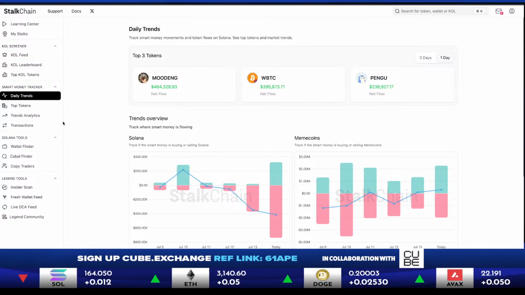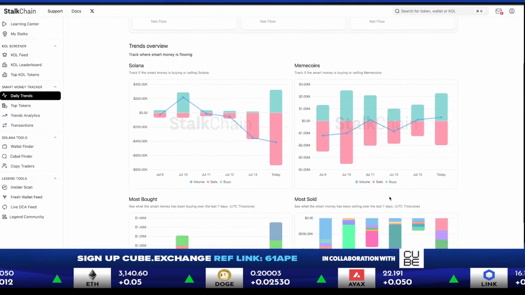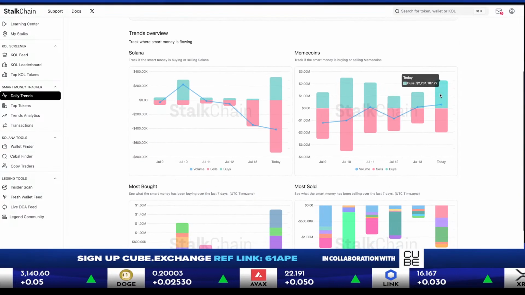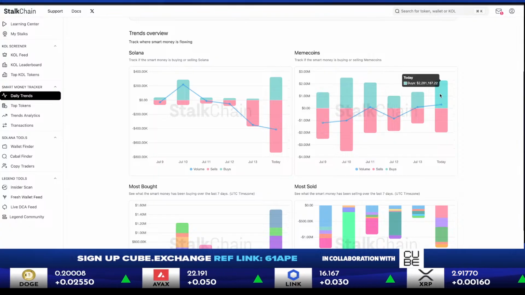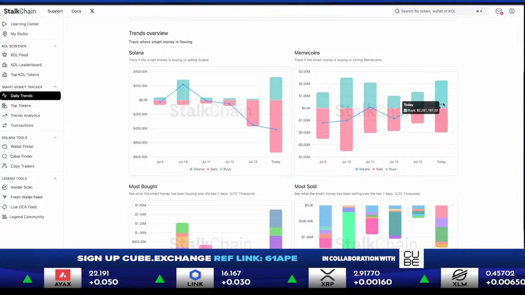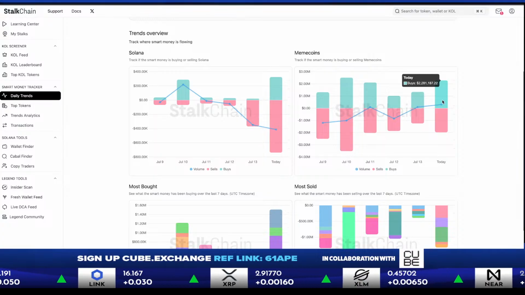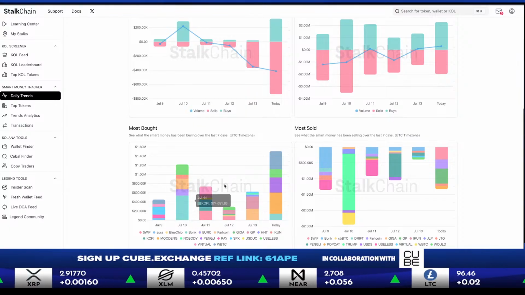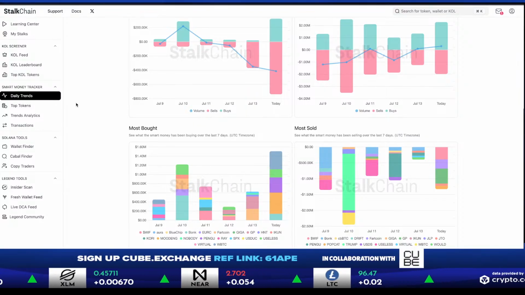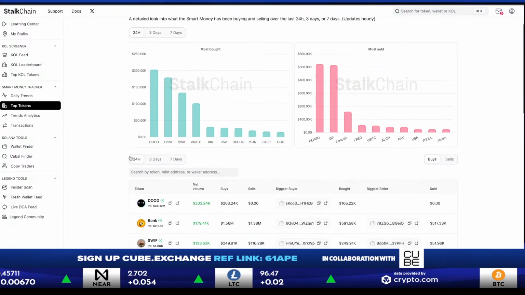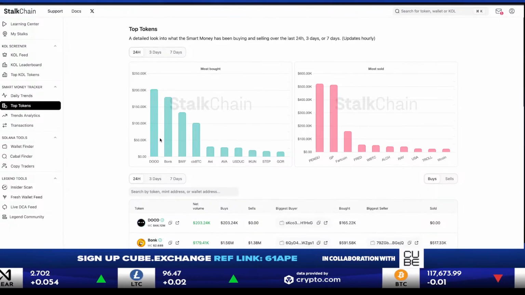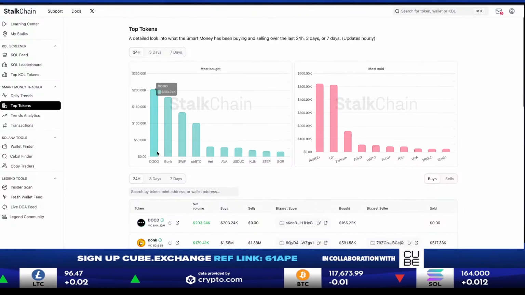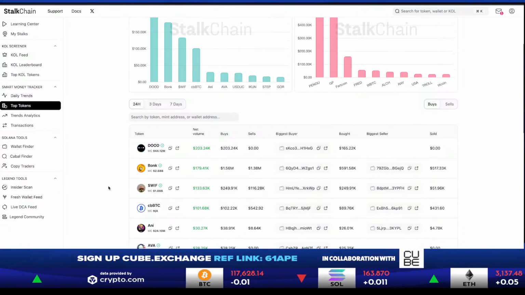So, meme coin action here. You had nice inflows today, 2.2 mil. Yeah, you had more buys than you did sells, and I think this is going to climb. These things here, I don't look at too much. I'm just gonna go over here and see what are the top tokens. So today, what the most has been bought is Dude, Bonk with